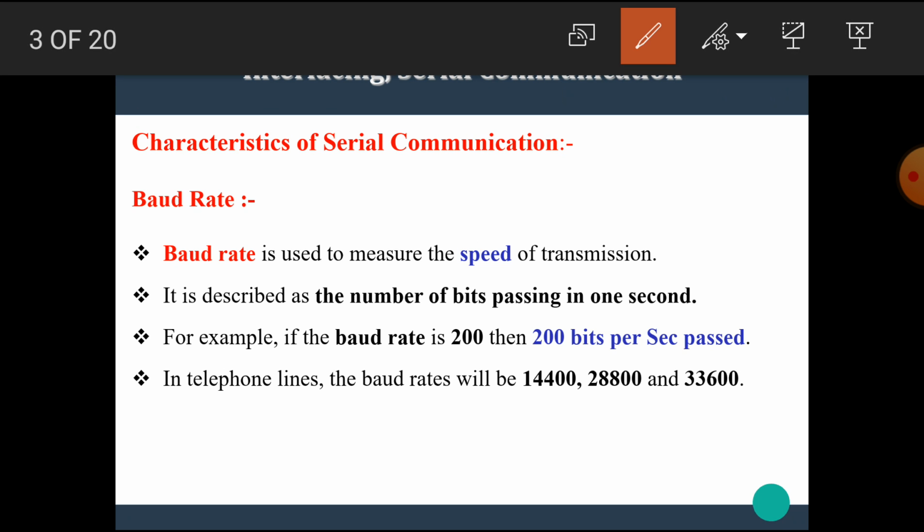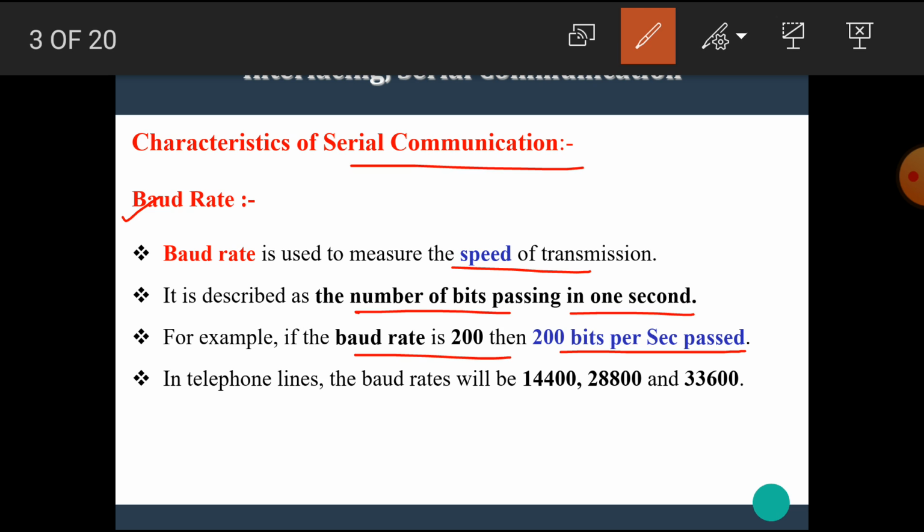First of all, we have to see the most important characteristic of serial communication, named the baud rate. The baud rate is used to measure the speed of transmission. It is described as the number of bits passing in 1 second. For example, if the baud rate is 200, then 200 bits per second are passed. In telephone lines, the baud rates will be 14,400,